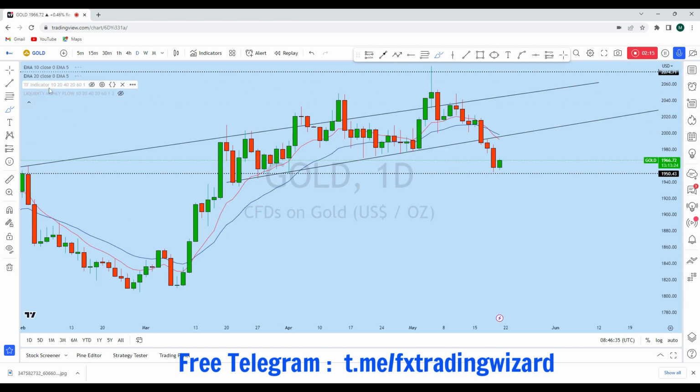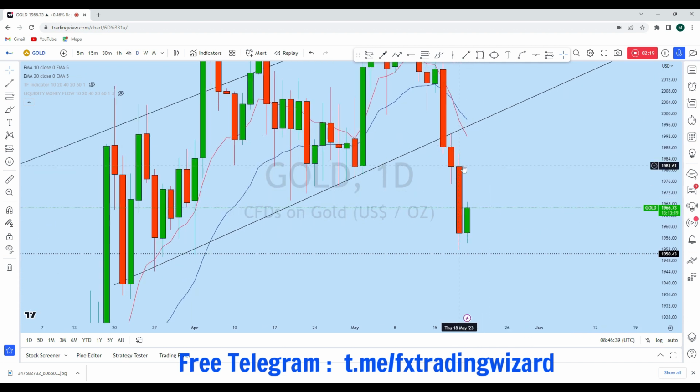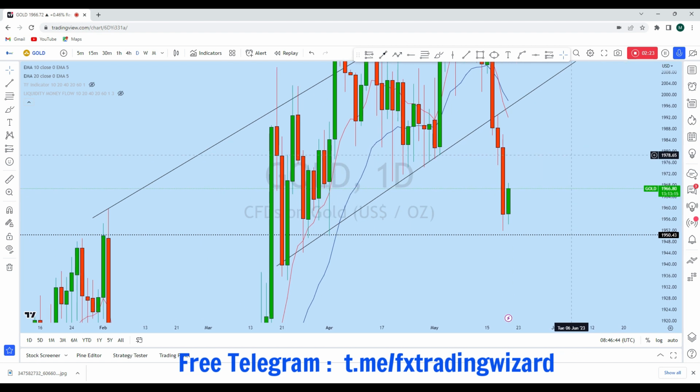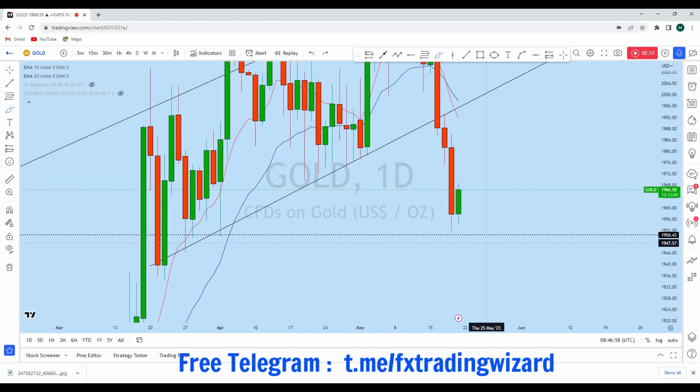Now if we look at the daily, today, after the previous day, we saw a strong drop, and the price has come to this significant liquidity zone. This is a very important daily support. We see that this daily candle in fact crossed back-to-back three days' lows, and below this candle is a huge liquidity. The price still did not test this level.